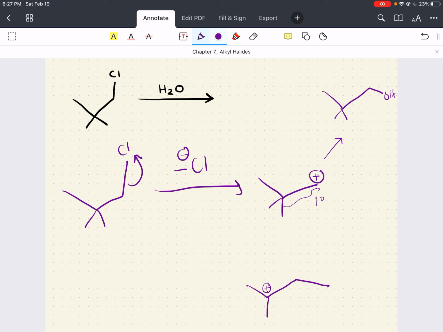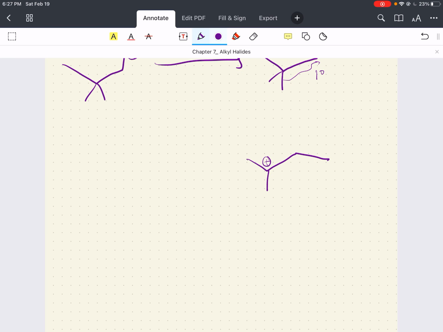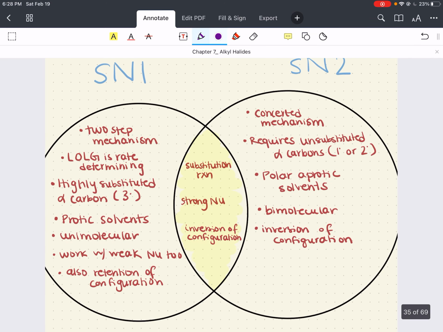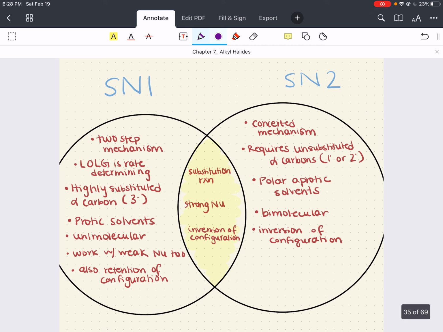But this is not the major product, because the product that we form from our most stable carbocation is going to be our major product. So adding the alcohol here, this would be our major product. Of course, we would get a racemic mixture of this because we have a chiral center right there. Now, what we have here is just a Venn diagram, very quickly, to help us compare